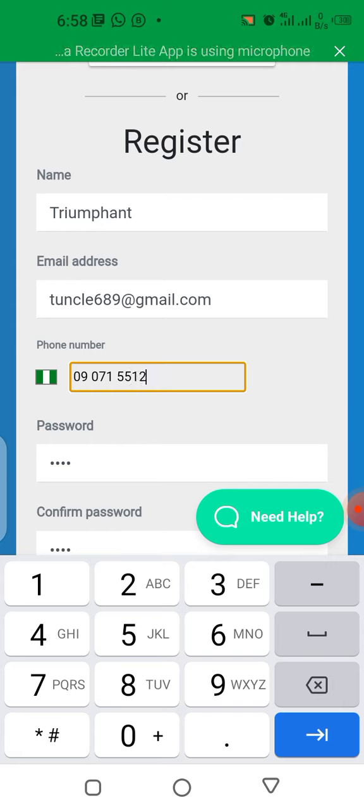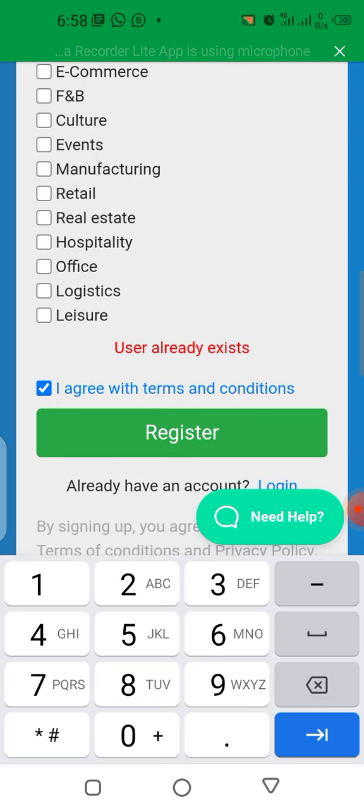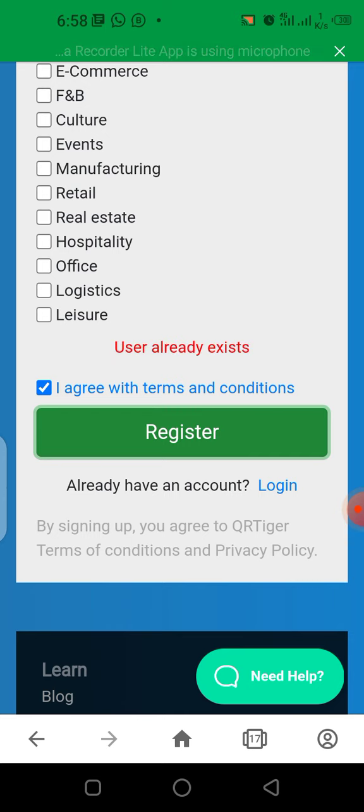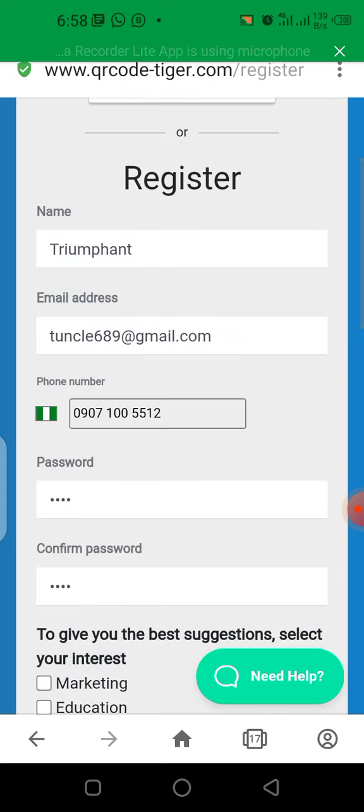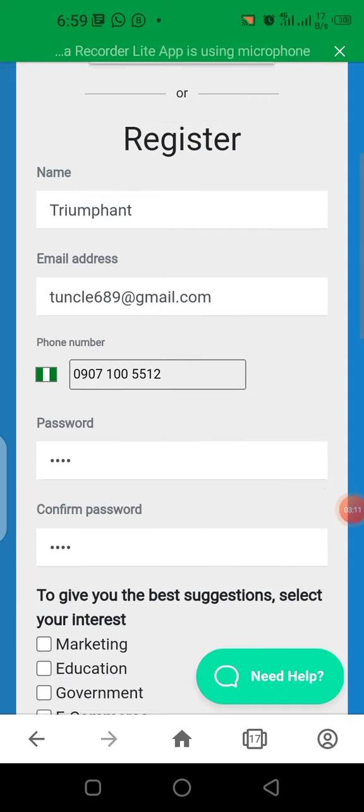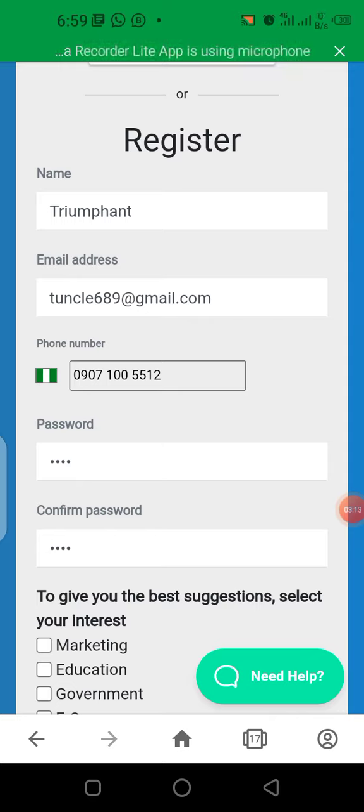Okay, let me use this 09071005512. Okay, let me try and see. Oh, the user already exists also. Okay, so you guys just go ahead and register while I try to rectify mine, and I will see the next